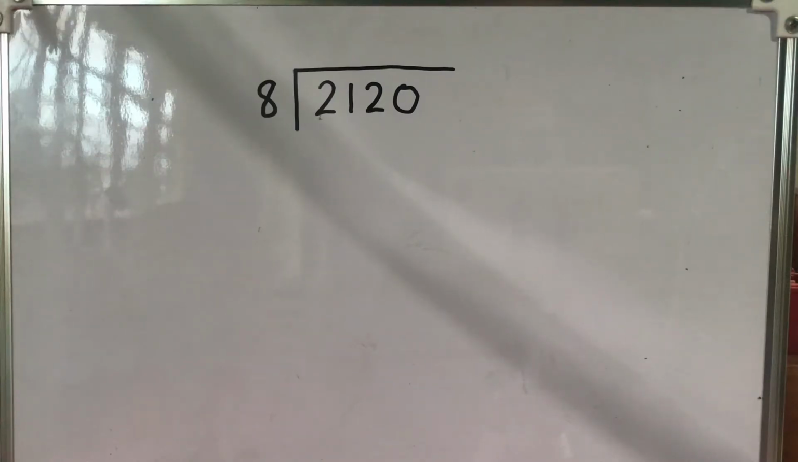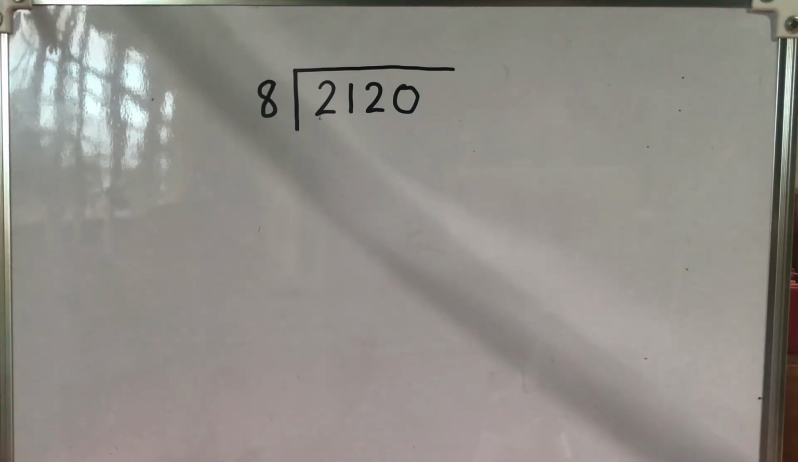Good day! Today we will learn about how to divide numbers with or without regrouping. So we will try to divide 2,120 by 8. So first, before we do the division process, let us relearn the names of the parts